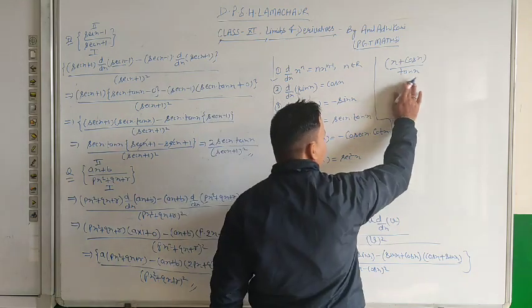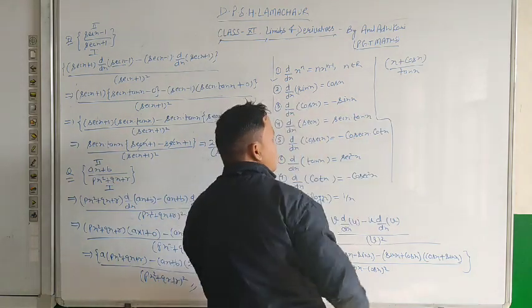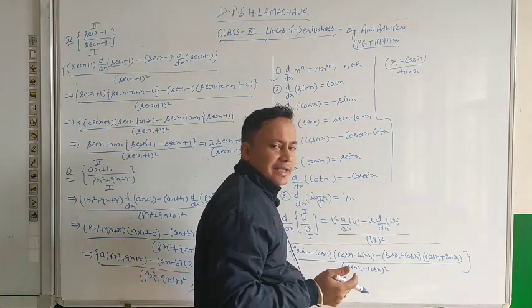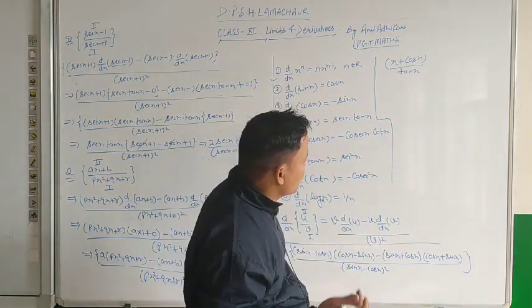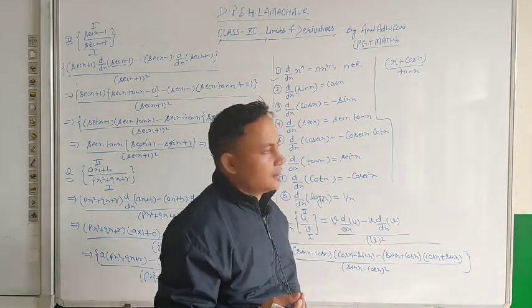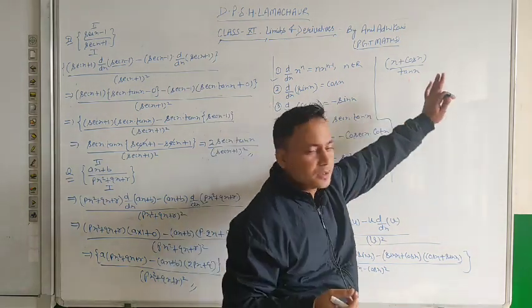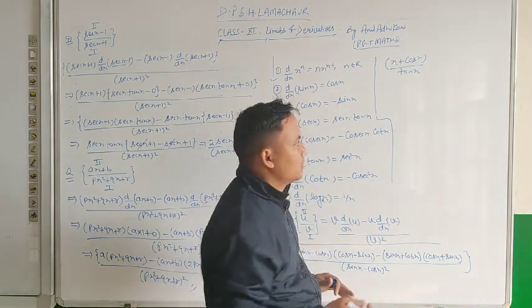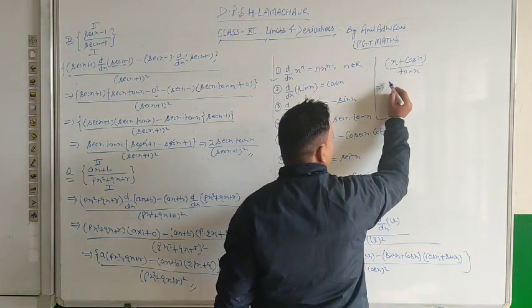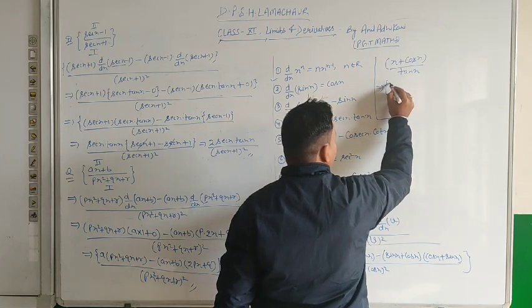Again, since it is a what? It is a rational function. So either you can apply the rational quotient rule, or the second thing is you can apply the product rule by dividing tan x with both the terms. So I am going to apply product rule here. For that we have to divide tan x with both the terms. So x upon tan x